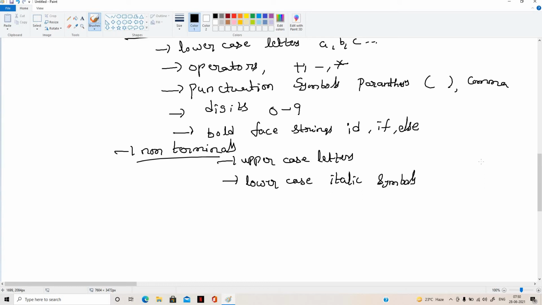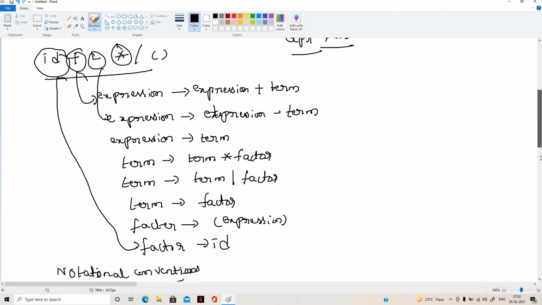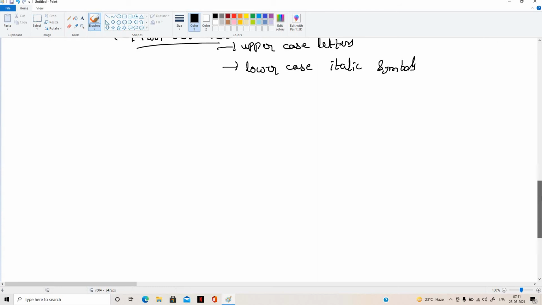And when you are mentioning a context-free grammar, we just wrote the grammar with expressions, like expression tends to expression plus term. It can be rewritten like this: E tends to E plus T or E minus T or T. T in the sense term, E in the sense expression.